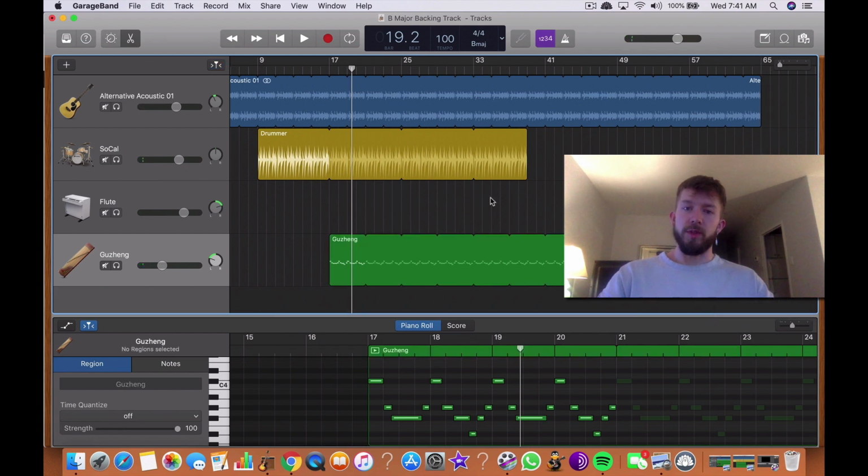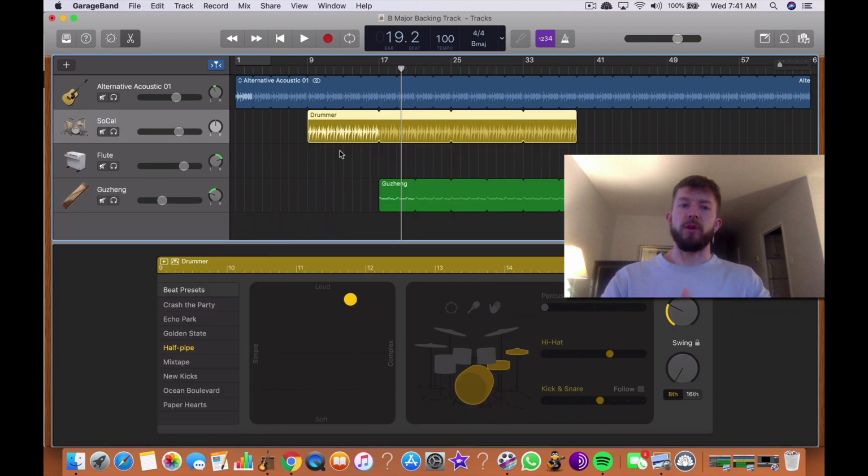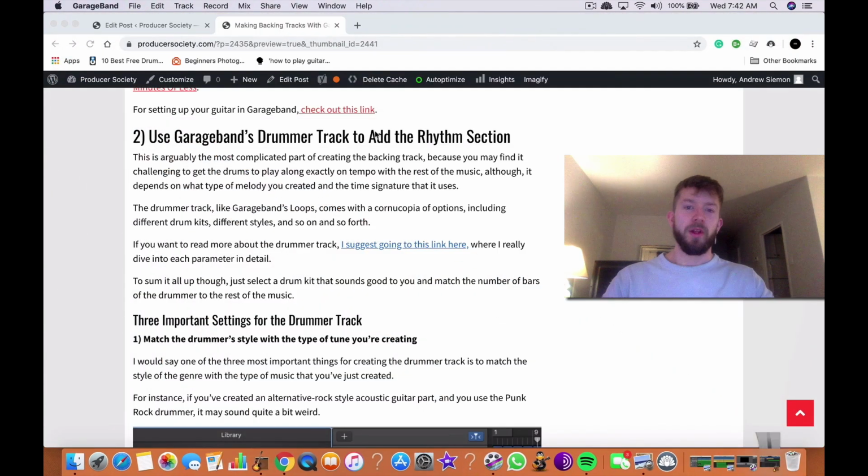You just use a couple loops if you want, or you can track your own instrument, or you can use a sample. I mean, the drummer track is so intelligent that you can make a song with it in no time at all. It's great. It's even kind of worrying. It's like, man, AI is going to be so good in the future. But anyway,